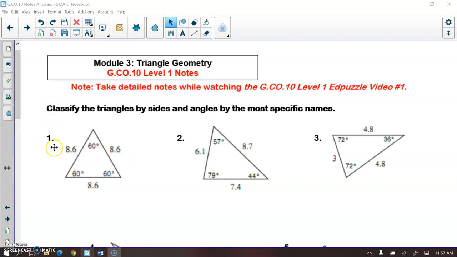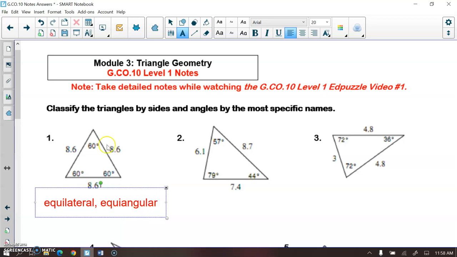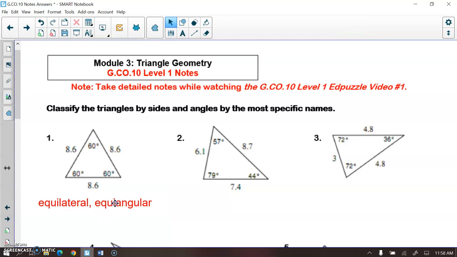So for number 1, I see all 3 sides are equal, all 3 angles are equal. I want you to classify it by the angles and the sides. So classifying by the sides first, it would be equilateral. Classifying it by the angles would be equiangular. All right, number 2,